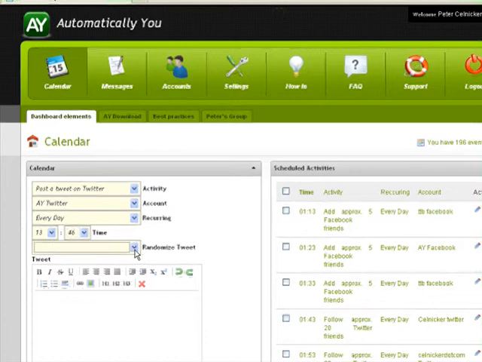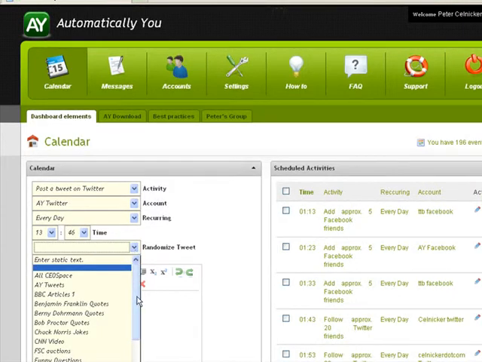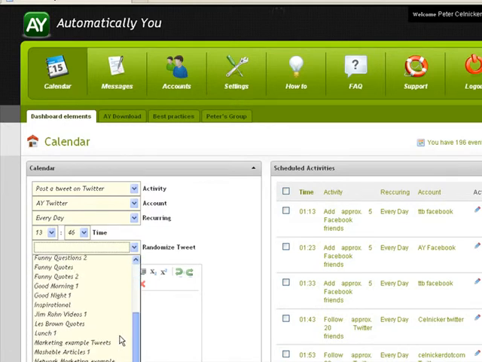Now, what's so great about Automatically You, and about being part of the CEO Space group, is that you're going to get all the great quotes from Automatically You, which is a ton of material and constantly being updated. You're also going to get all of the information provided by CEO Space and especially Bernie. So we're going to go ahead here. You'll see there's an all CEO Space tweets category. There's Bernie Dorman quotes, Bob Proctor quotes, Les Brown quotes, plus all types of stuff that we've put in here